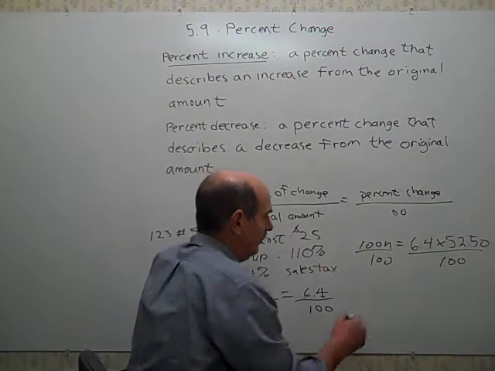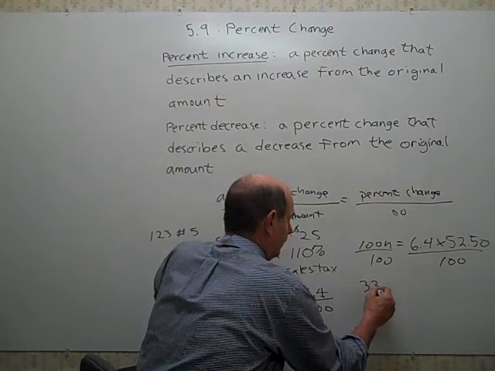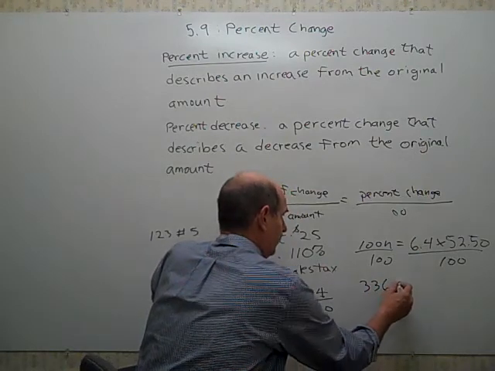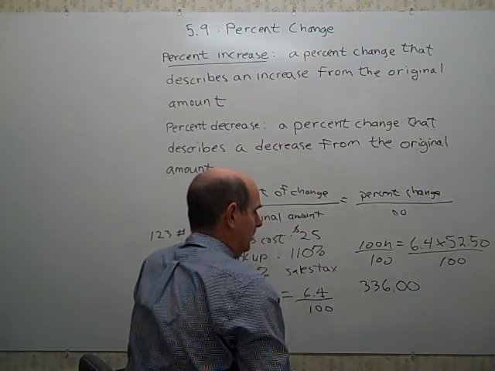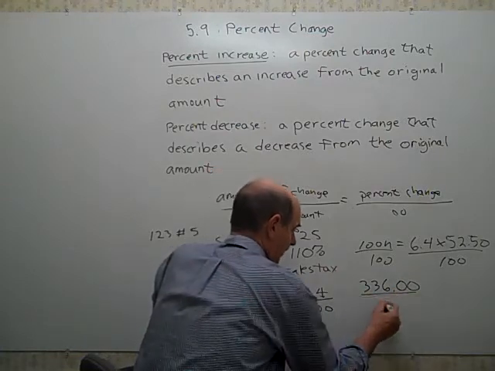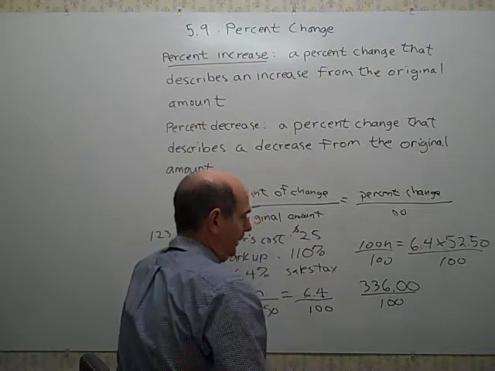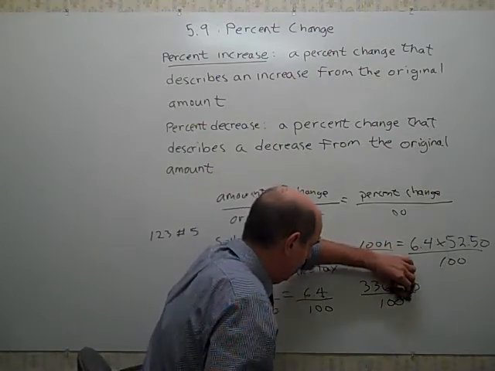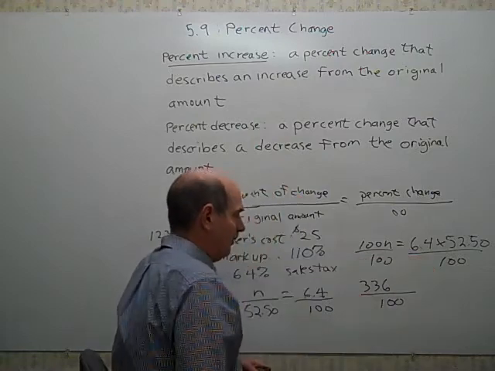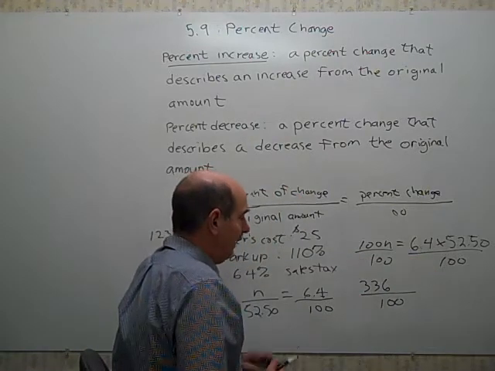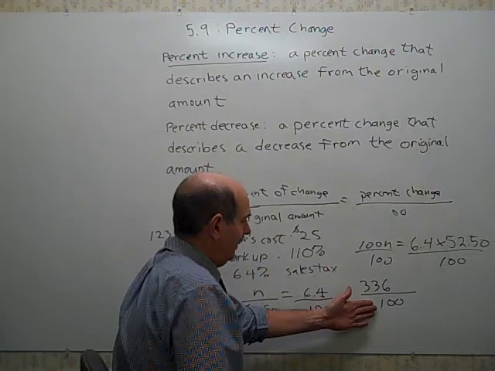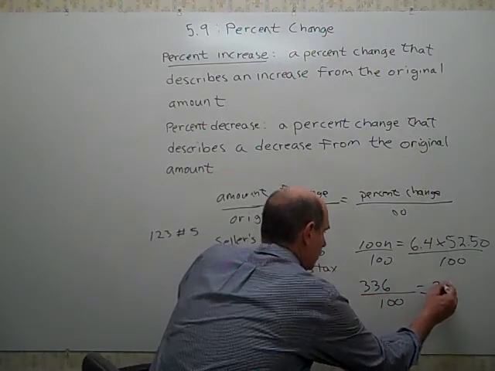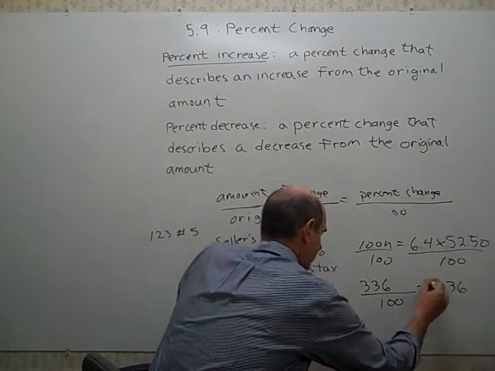And if you do that, you're going to get 336.00. I'm just going to say what you get: 336.00. And then that would be divided by 100. Well, again, you can't just knock these two zeros off. You can erase these two zeros. It's like 336 divided by 100. And if you do that, dividing any number by 100, all you need to do is move the decimal 2 places to the left. So this would equal 3.36,